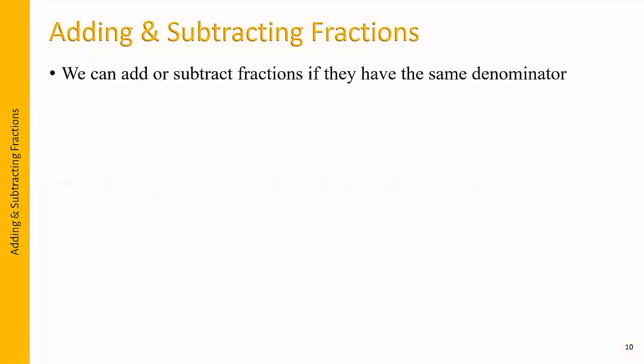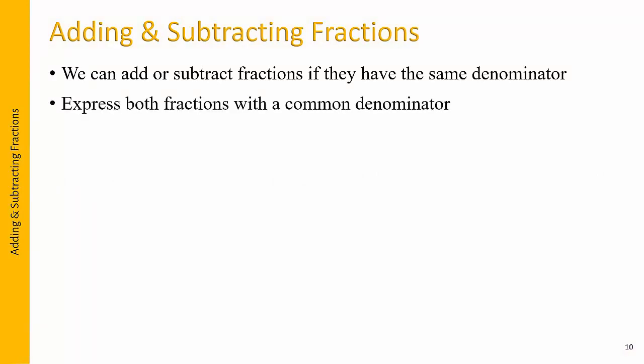We can only add and subtract fractions if they have the same denominator so that the parts are the same size. So we need to express both fractions with a common denominator. For example, adding 1/2 and 1/3, we'll need to get the same denominator, that is 6, something that both 2 and 3 will go into. The 2 needs to be multiplied by 3, and so we need to multiply the numerator by 3 as well. Similarly, the 3 needs to be multiplied by 2 to get a common denominator of 6, and so we multiply